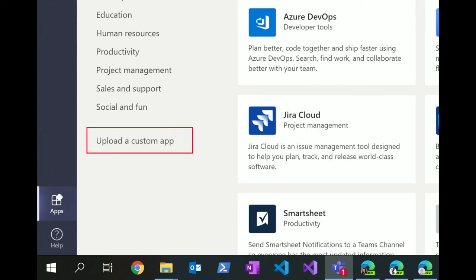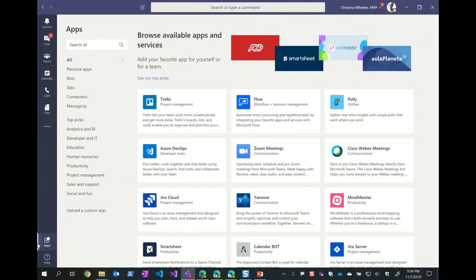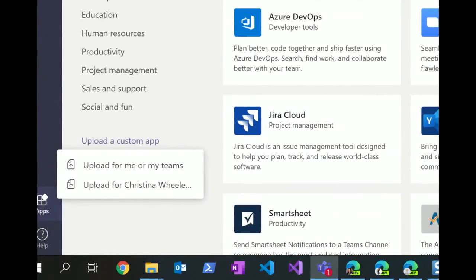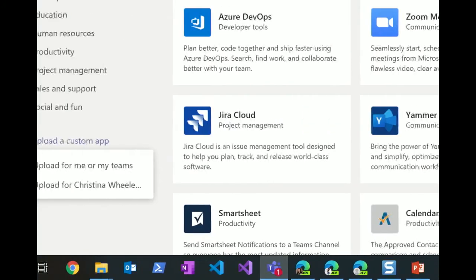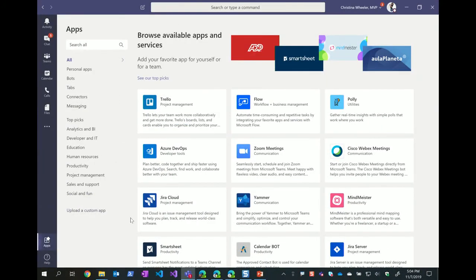So you have the ability here to upload a custom app. I'll click upload a custom app, and then I have two options here: upload for me or my teams, or upload for my tenant. Oh, that's where I screwed up. Okay, so what I'll do is I'm going to click upload